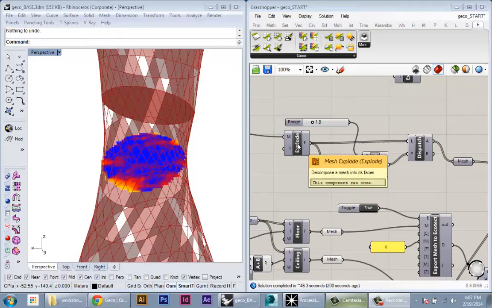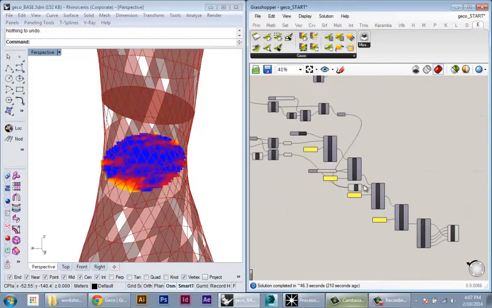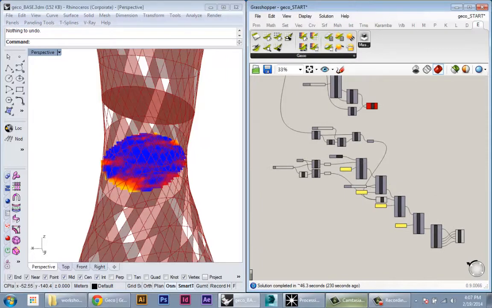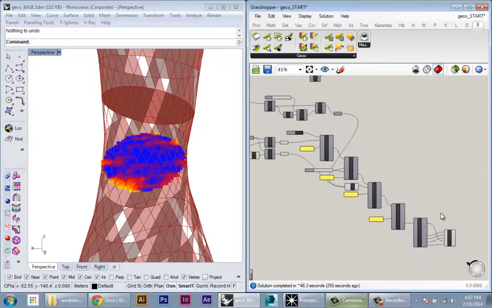Okay, so the last thing I'm going to do is go through the Vasari interface really quickly and show you the flow analysis, the wind tunnel analysis in Vasari, which can be useful. It's not very accurate, so I think in this case you can't really get any data or feedback about it. So right now it's mainly a visualization tool, but I think it could be really helpful with some of your projects. If you're looking at wind or airflow, you can use it to visualize things that are going on in